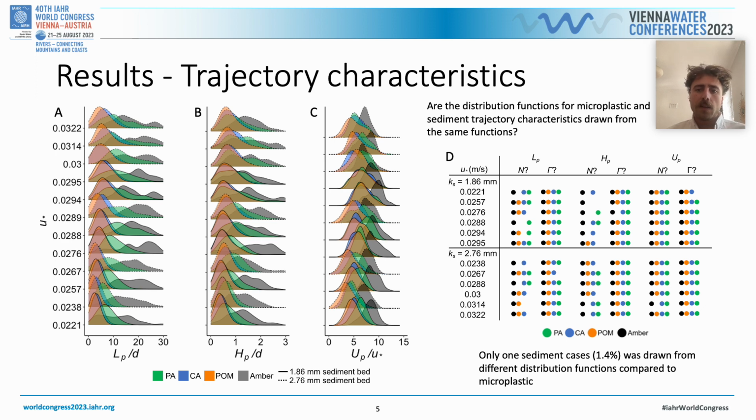We also look at the distribution functions for each of the characteristics. So figures A, B and C show the kernel density estimates of each of the trajectory characteristics in terms of, again, saltation length, height and velocity. We wanted to investigate whether the distribution functions for microplastics and sediment trajectory characteristics could be drawn from the same